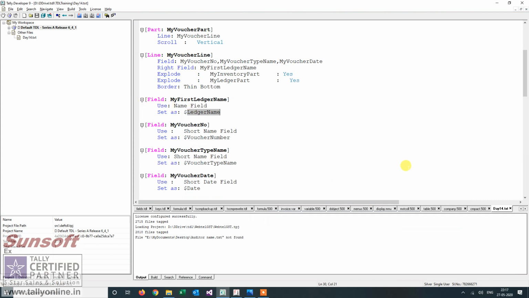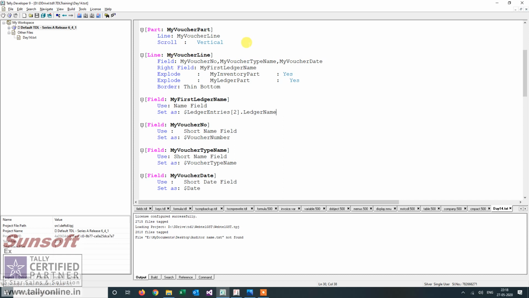But if I want to access the second ledger name, since I am at voucher, under voucher there is a collection called ledger entries. So I want the second, so in the square bracket, from the second entry I want to put a ledger name.